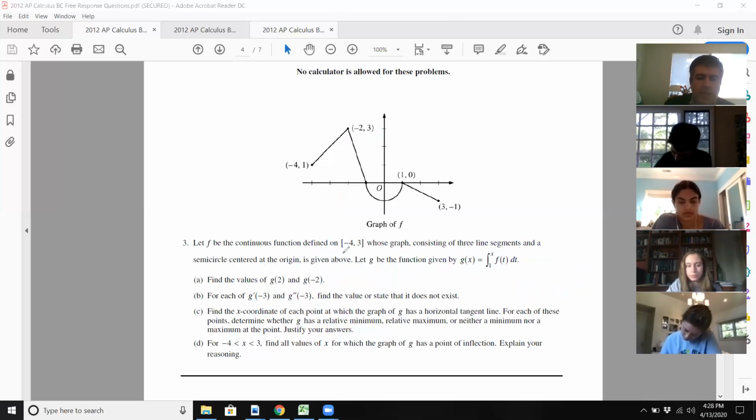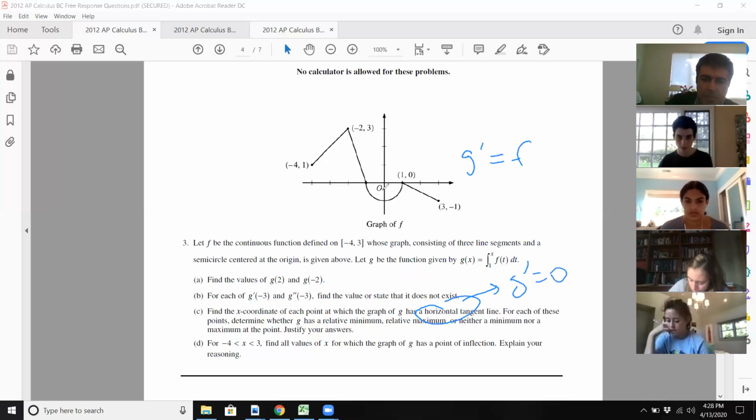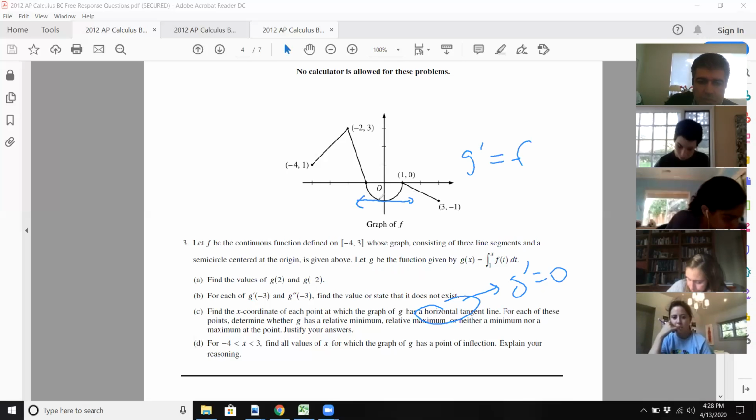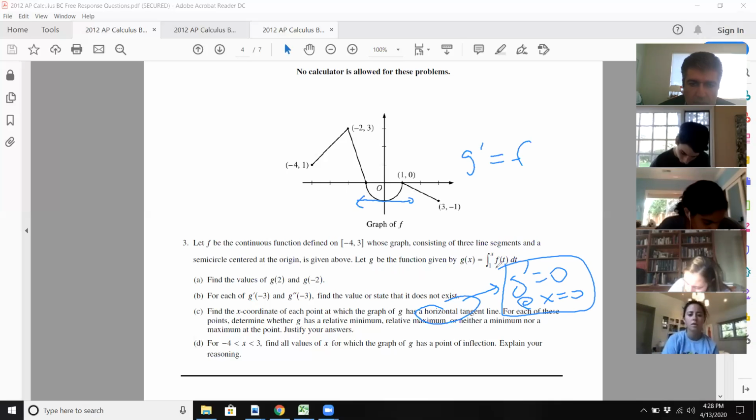Okay, let's look at part C. Find the x-coordinate of each point at which the graph of G has a horizontal tangent. So remember, G prime equals F. Horizontal tangents happen when G prime equals 0, because that's the slope of the tangent line. That only happens once, right there. So that's easy. That's going to be at x equals 0. So you want to say that at least. And I don't think that's going to happen anywhere else. Nope. And then you need to say,